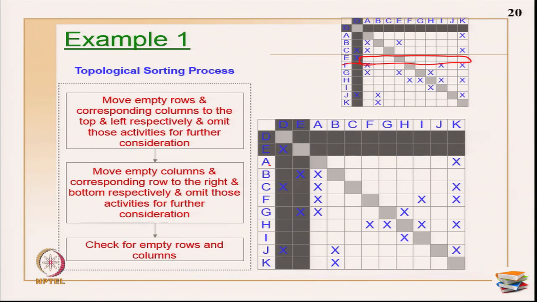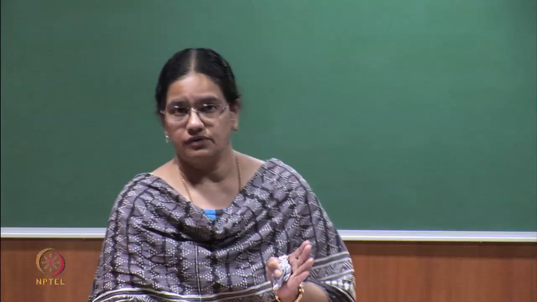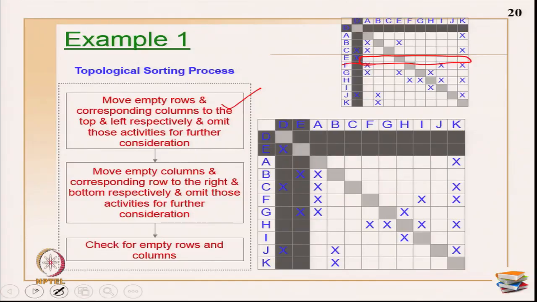Now, do I have any other empty rows? In this example I do not have any other empty rows. So, I have finished my first step of moving empty rows completely, which primarily gives the starting activity or the next sequential activities, okay. I have identified all the first few start activities, okay. After that the block starts, and you are not aware of where the block is and so on, okay. Now, I am going to finish this step in cycles, but as I am telling you, if you want, you can swap these two in order. You do this first, do this again, then you can do this.